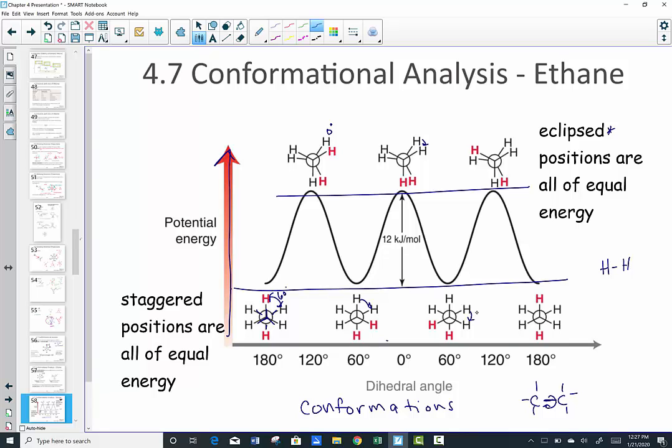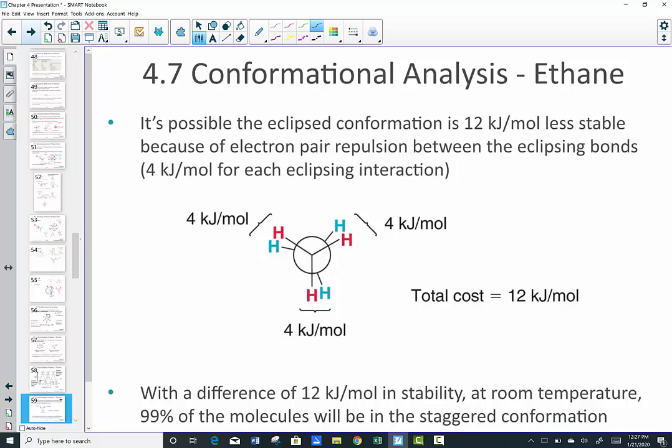So obviously things like to be at lowest energy possible. On this energy diagram, the staggered positions are favored. If it's possible to alleviate that 12 kJ per mole to a more stable conformation by twisting in space, it